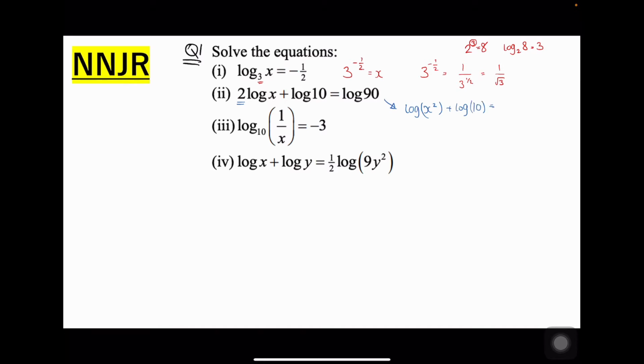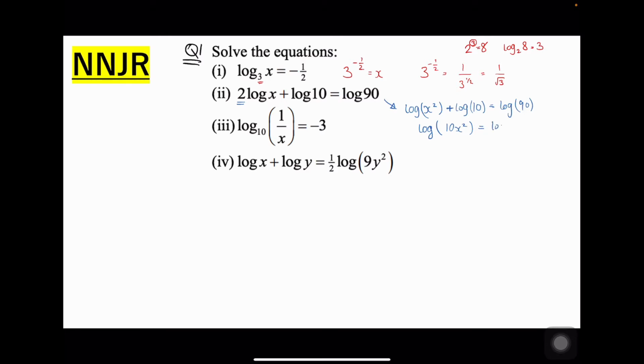Now we have a new equation, and on the left hand side we have a sum. Since these two logs have the same base, we can multiply the terms on the inside of the bracket together. So now I'm going to write a single log function, open bracket, x squared multiplied by 10, because we're adding these together. So 10x squared